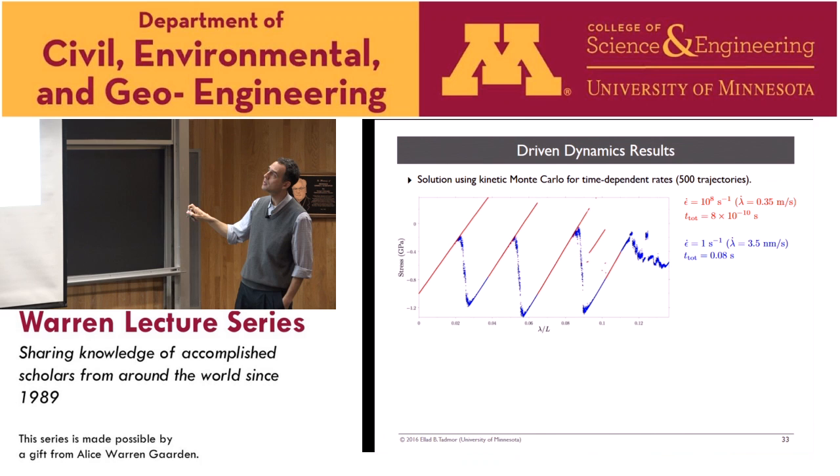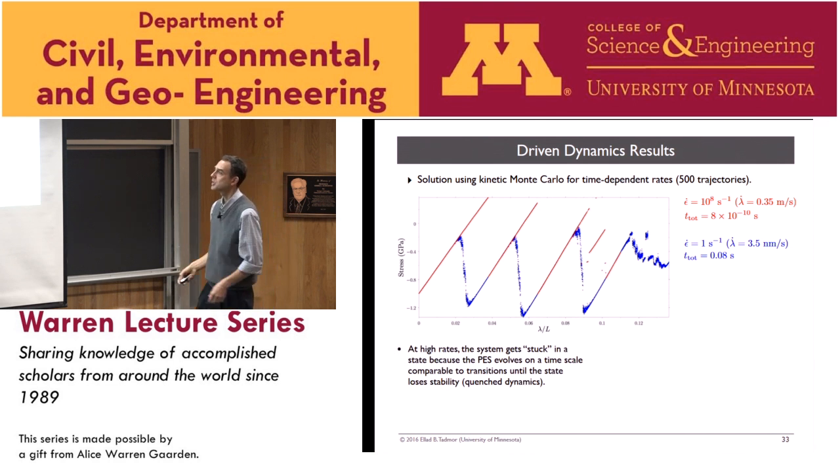If you load slower, then you see it escapes before the instability point. It escapes earlier to some other state. And there's a lot more noise because it's visiting all sorts of other sites as it's doing that. So you get different types of behaviors. So I just explained that.